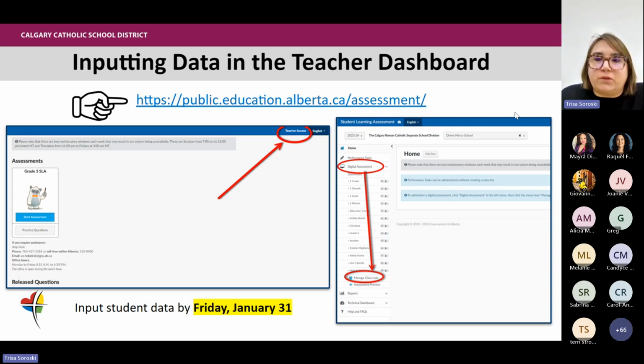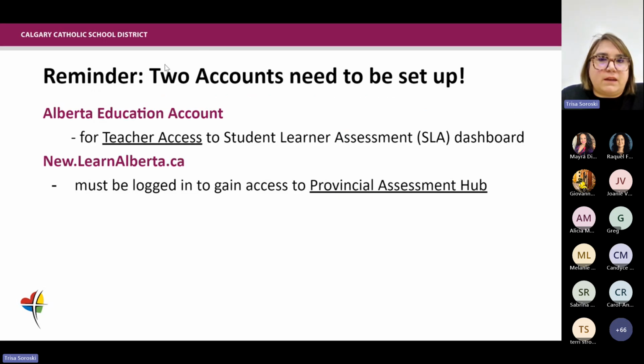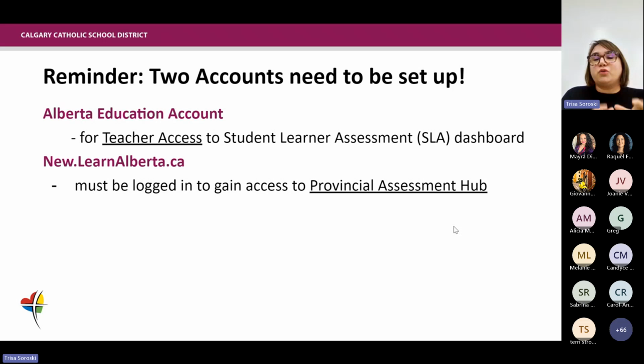And there's people in your school who know how to do this too, and you can always reach out to us if you have anything here. So the two major reminders here: you need a login for the New Learn Alberta site. If you don't have that yet, try it today if you can, and create your account.